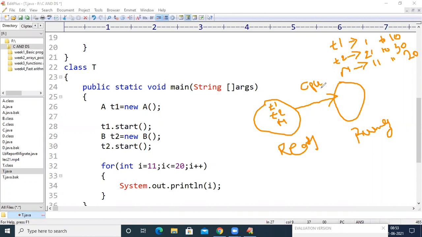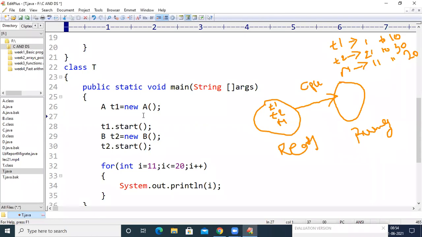For example, I don't want to print 1 to 10 numbers initially. I want to print those 1 to 10 numbers after printing 11 to 20 or 21 to 30, etc. I want to make the execution of thread T1 last.